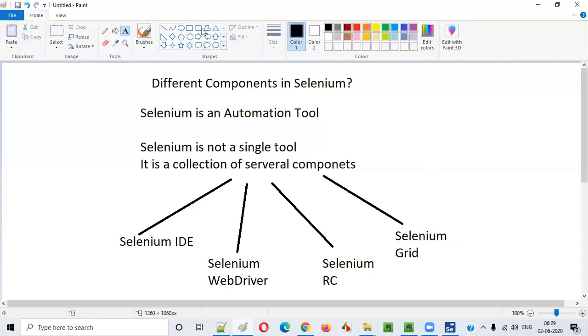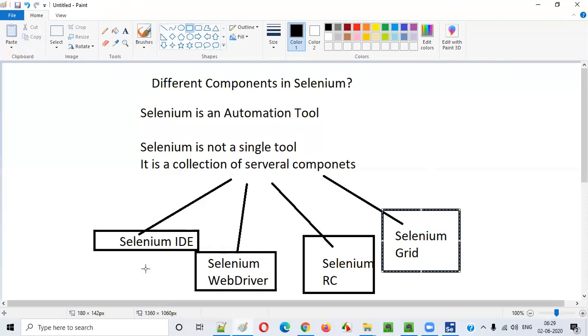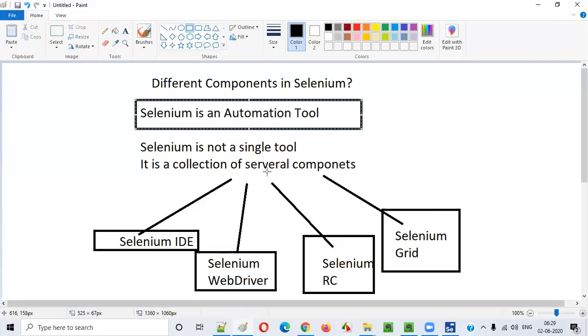These are the 4 different components of Selenium. All these 4 components together form the Selenium tool. When you combine Selenium IDE with Selenium WebDriver, Selenium RC and Selenium Grid, we generally call that Selenium, an automation tool, which is a collection of several components.